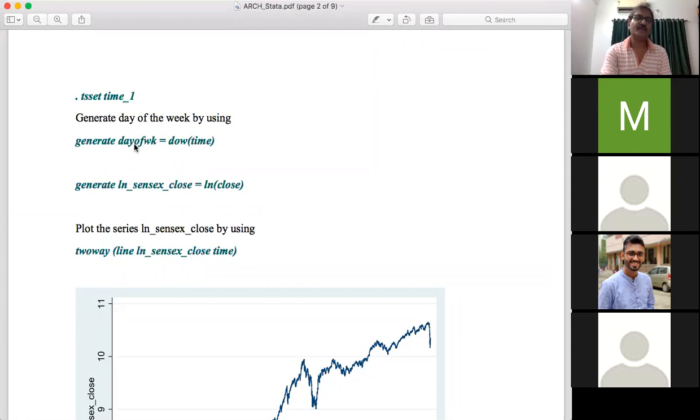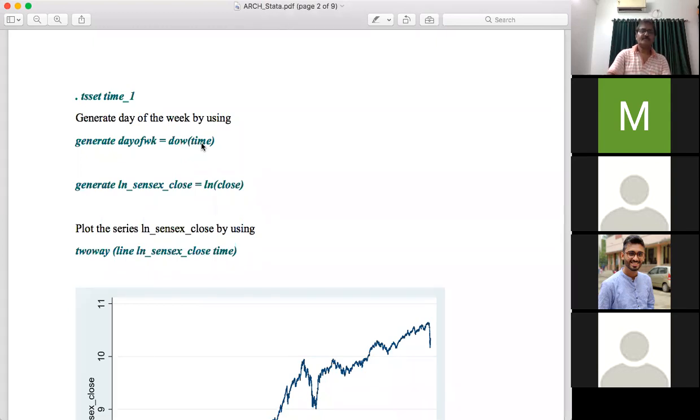You can put any name, but as I already mentioned, the name you put should be such that you can recognize that variable. So dayofwk is equal to dow, this is the command, you cannot change it. Within bracket, you have to put the time variable.